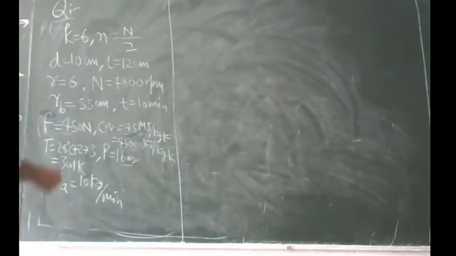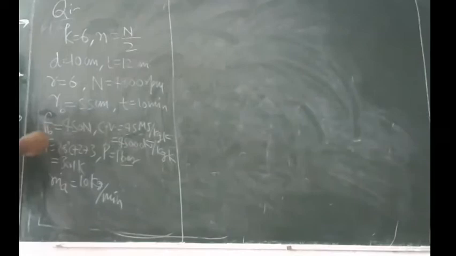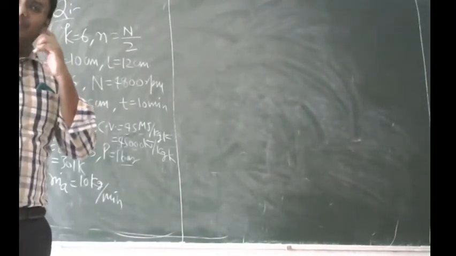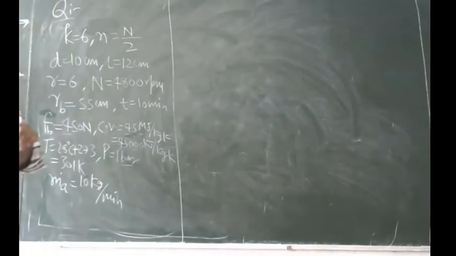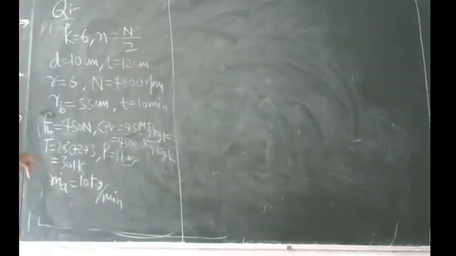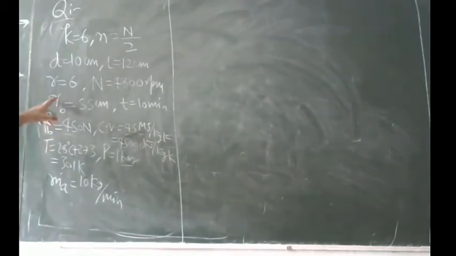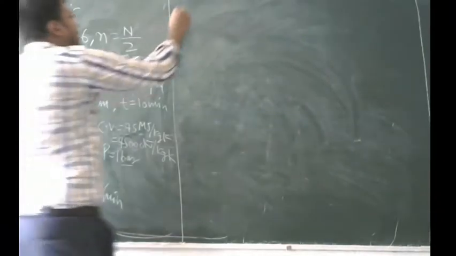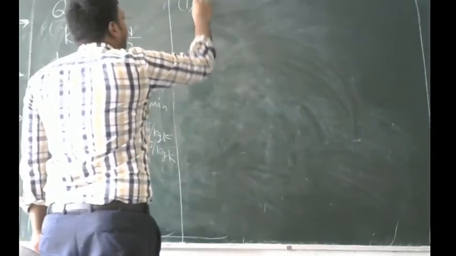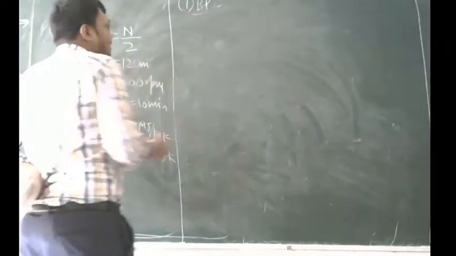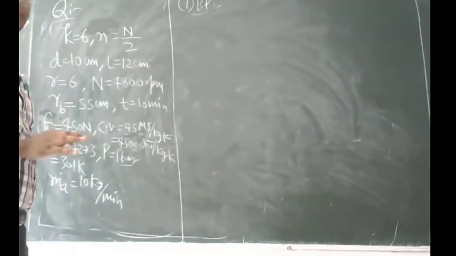Actually, this force is Fb, the brake force. The torque developed in the dynamometer is known as the braking torque, so the force related to that torque is known as the braking force, Fb, and the radius is Rb. So the first thing we need to calculate is the brake power, Bp. We are using a dynamometer, as said in the question.